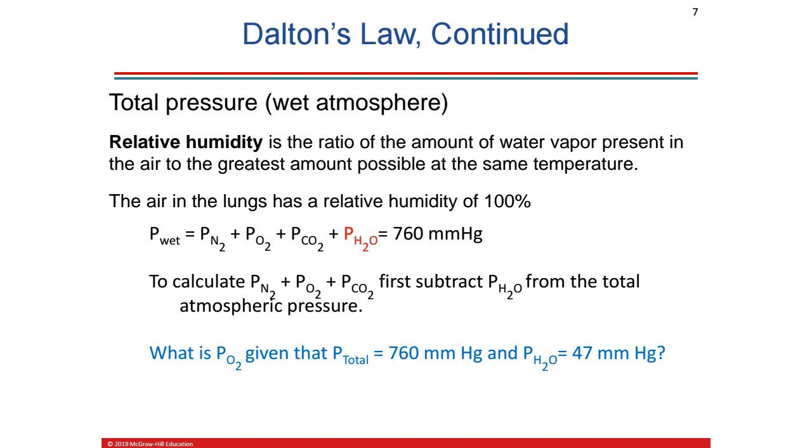So if we take that into account, we now have a new equation, which is the total partial pressure. The total pressure, again, has to add up to 1 atmospheric pressure, 760 millimeters of mercury. But we can consider this the pressure now adding an additional gas, which is water vapor. But we still have the original 3, which is partial pressure of nitrogen, partial pressure of oxygen, and partial pressure of CO2. In order to do the calculation, say we wanted to calculate partial pressure